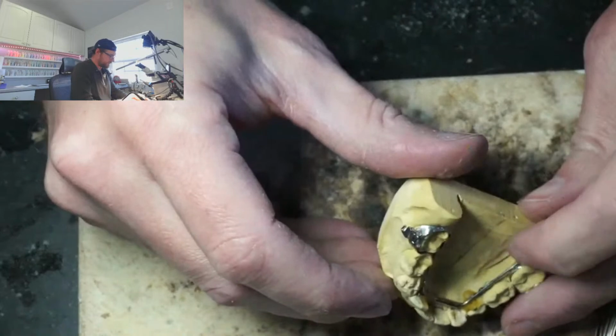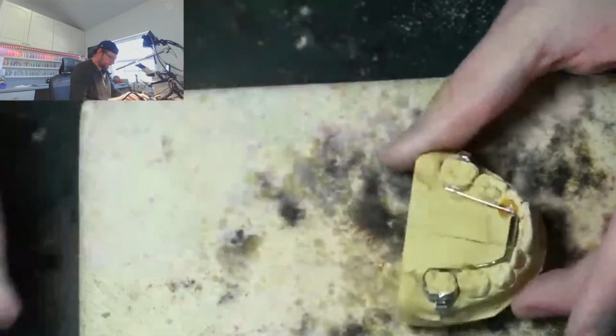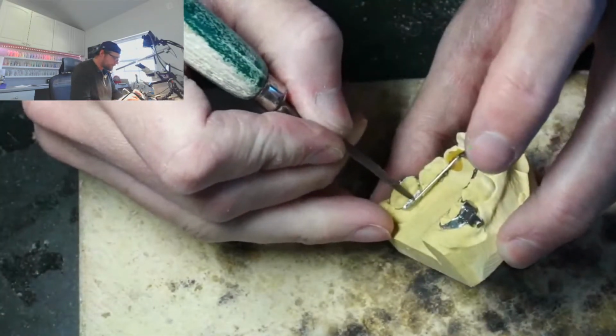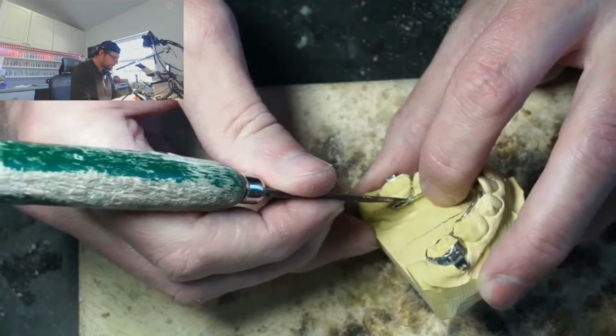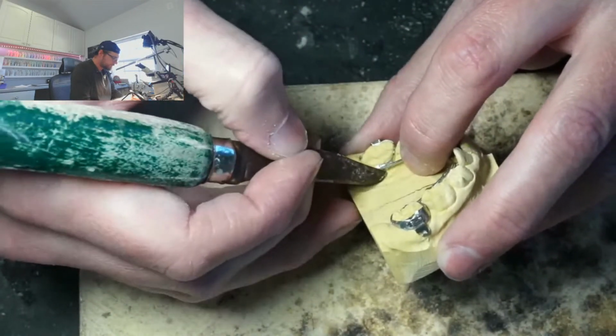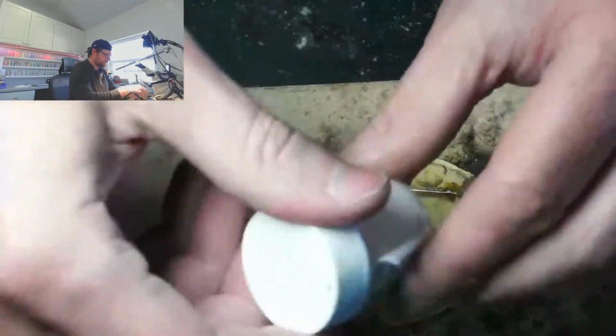There we go. I'm just double checking, make sure nothing moved when I did that. I see a little bit of crud on this right here. Not sure what that is. That might just be a bend. Oh no. Oh good. That would have been nasty in the